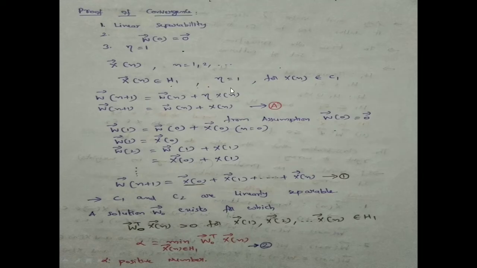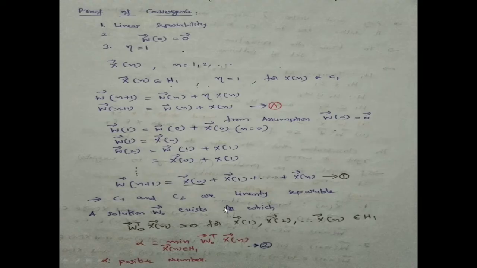So here we have used the assumption that W of 0 is equal to 0 and eta is equal to 1. And the third assumption we had is that the classes C1 and C2 are linearly separable. So far, we have assumed that the network is doing misclassification, right? The solution obviously exists, but till now we have not reached a point where